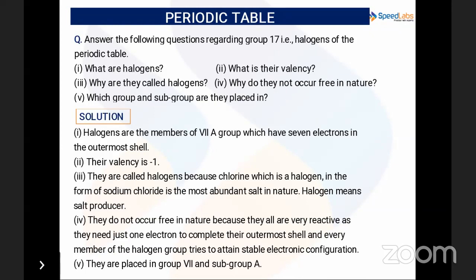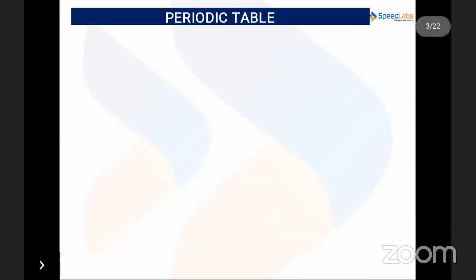The word halogen in Greek means salt producing. Halogens include fluorine, chlorine, bromine, iodine, and astatine. They all are non-metals. So if we talk about the periodic table,